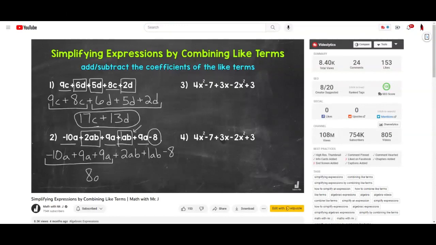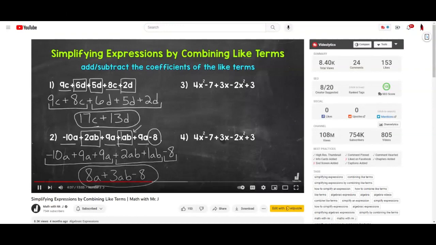So we have 8a, and then plus 2ab plus 1ab. 2 plus 1 is 3, so we have 3ab. And then lastly, we have a -8 here. So 8a plus 3ab minus 8 is our final simplified expression. We went from 6 total terms in the original expression to 3 total terms in the simplified expression by combining like terms. Let's move on to numbers 3 and 4, where we actually have the same exact expression, 4x squared